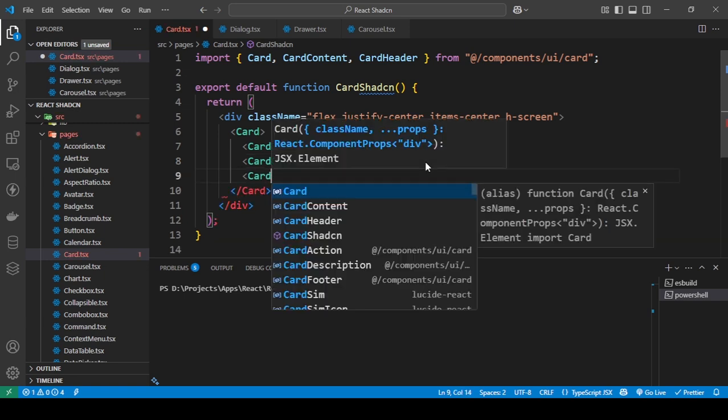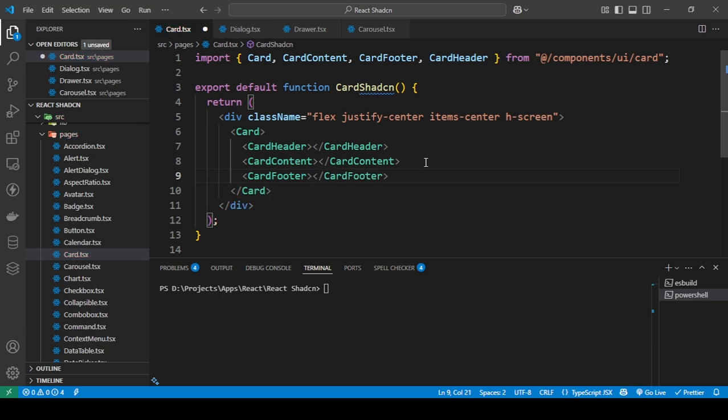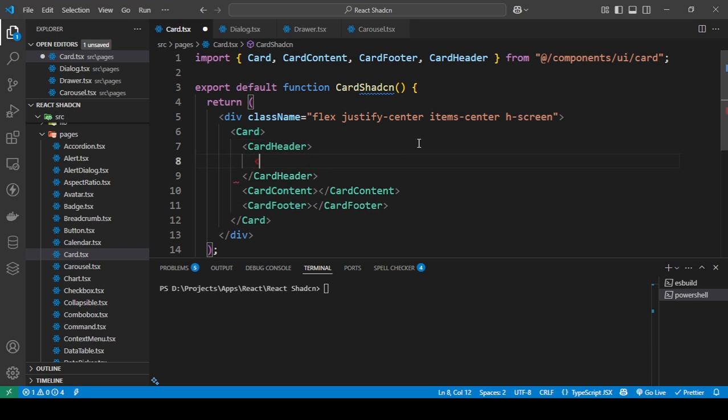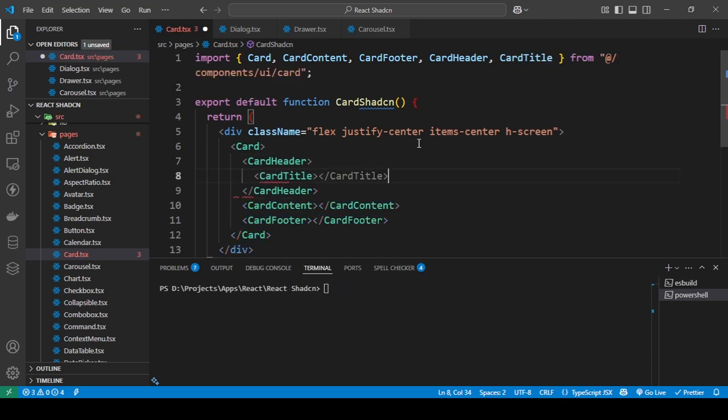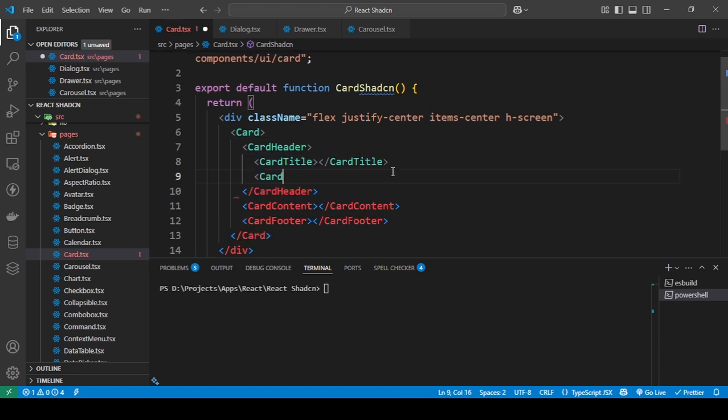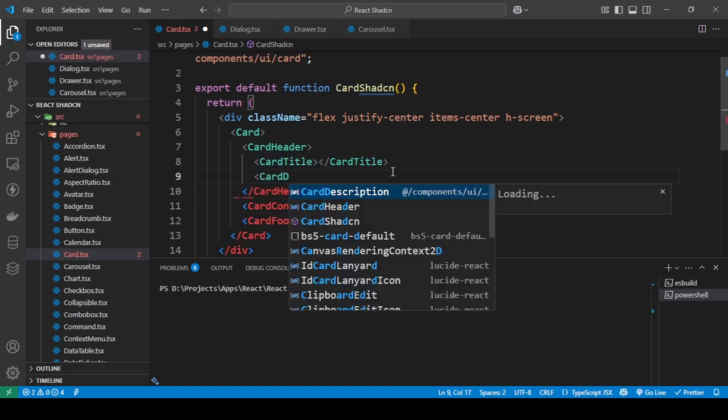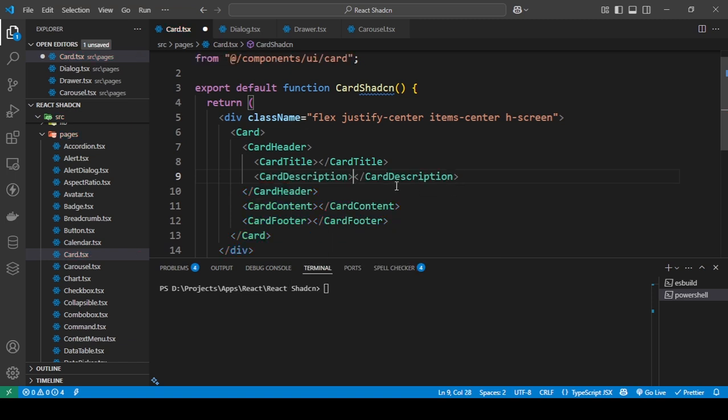So the header and footer are going to be at the top and bottom. The content is what is going to be in the center. And each of these has other components that you can use within them. For example, the card has a card title, card description, and